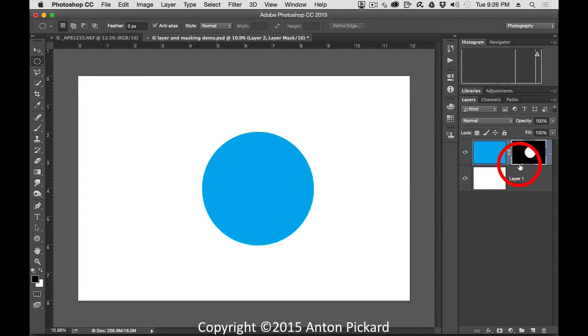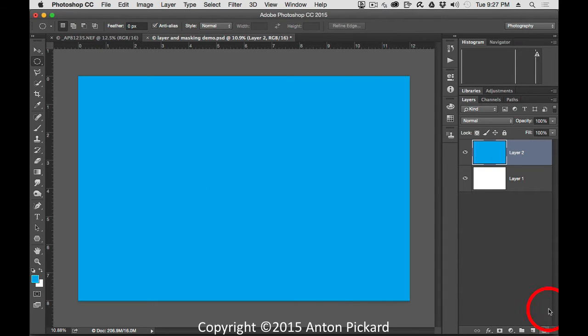There's a saying with masks: black conceals and white reveals. The other thing about masks, and let me remove this mask, is if I choose, say, a gradient, the mask doesn't understand any color. It only understands black or white. So if I create a layer mask here, I'm just going to click on this icon, and I have an empty layer mask here. If I click on the gradient tool,